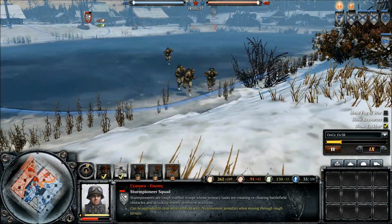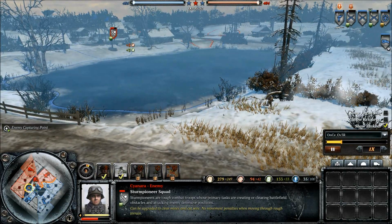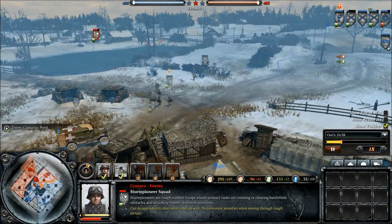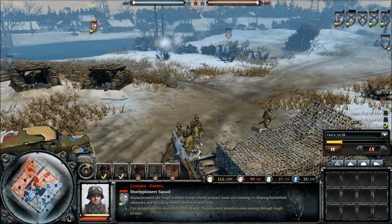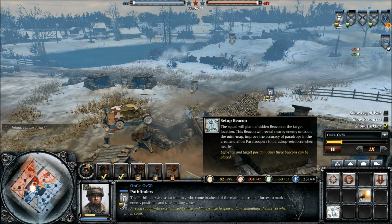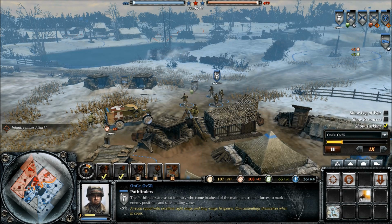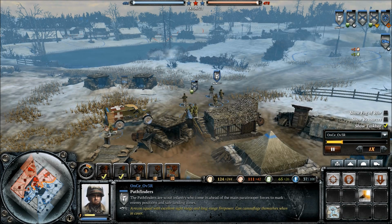So if you can keep that in mind, for example, you'll generally find yourself doing a lot better and being a lot more happy with what they actually pull off. Because again, you're not going to be expecting elite paratroopers, but something that can give you the edge in a fight, cause your opponent to be a little less happy, and also overall support your endeavours through reconnaissance with the setup beacon, but again also allowing you to further support any plans using paratroopers in the future. By allowing them to be safely dropped in,